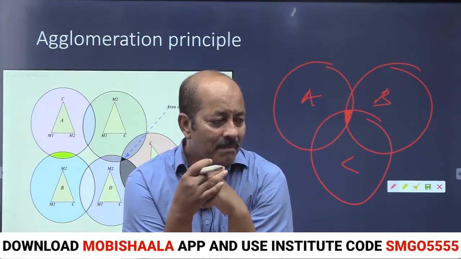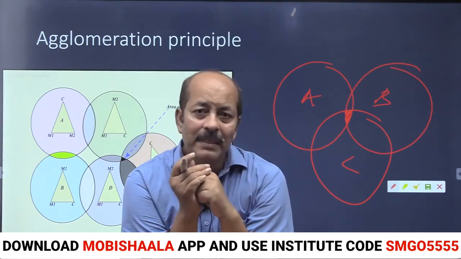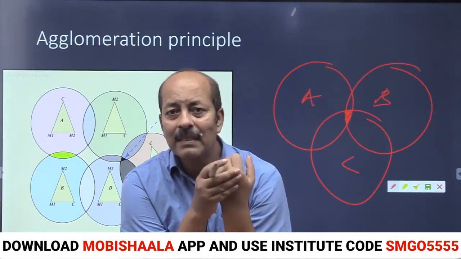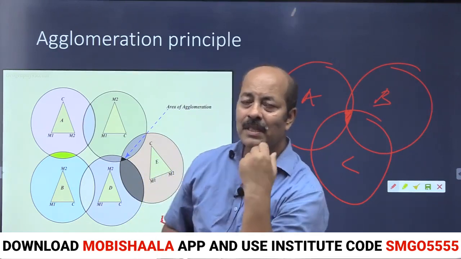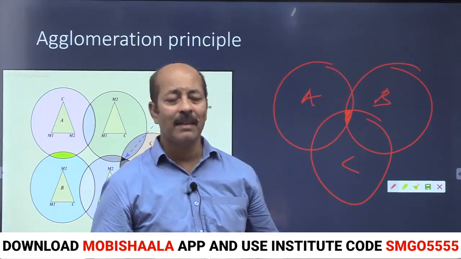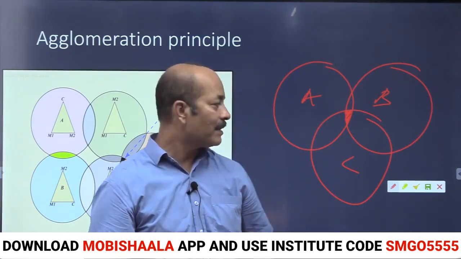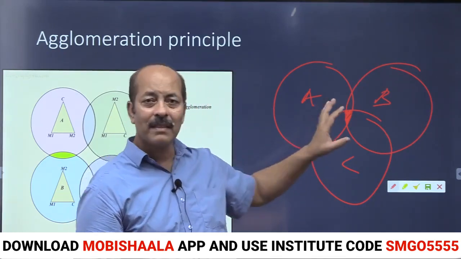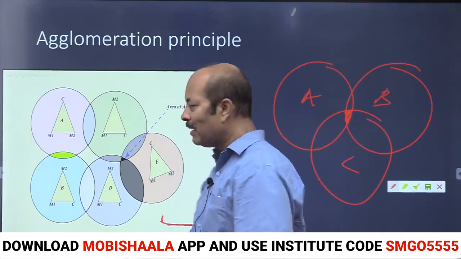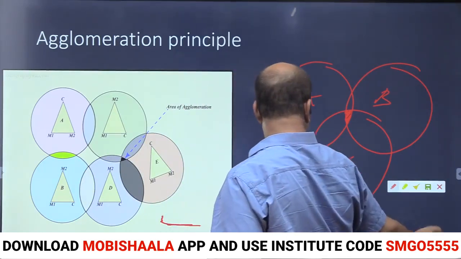So you have upcoming industries benefited by the previous work in that area. Tisco established the infrastructure, and later on it became very useful for upcoming industries. So this is the principle of agglomeration that Weber emphasized.